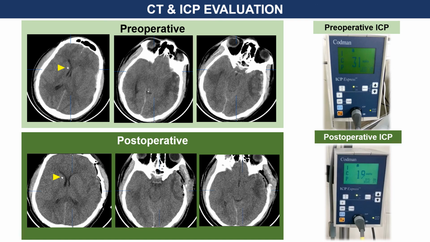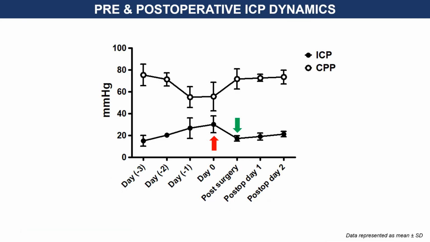The ICP was 31 millimeters of mercury. And at this point, he was refractory to all the medical treatment, and he underwent hinge craniotomy, and ICP dropped down to 19 millimeters of mercury. So now you can see only a decompressive craniotomy or hinge craniotomy was done, and ICP came down. So this is a real life indication of ICP monitoring. Forget about evidence and guidance. This is a plot: before surgery, ICP kept on rising till the day of surgery, and CPP started reducing, and after surgery ICP started falling and CPP improved.